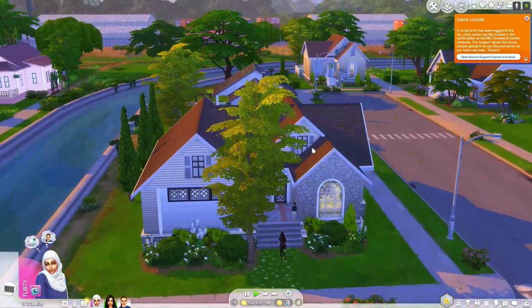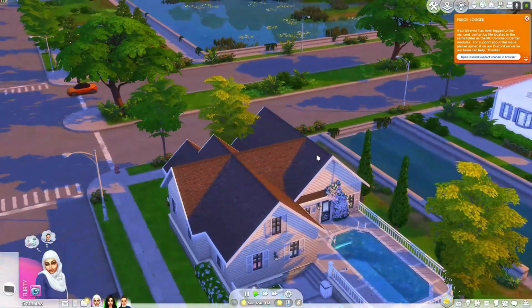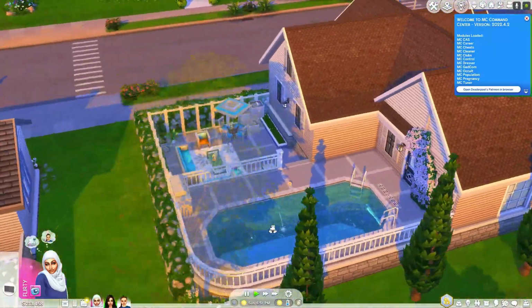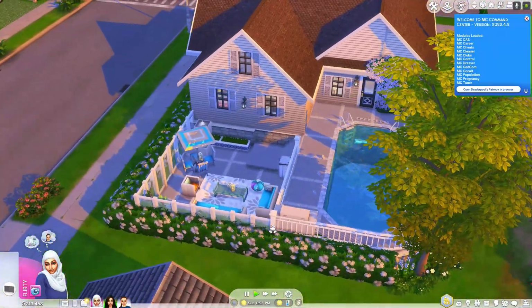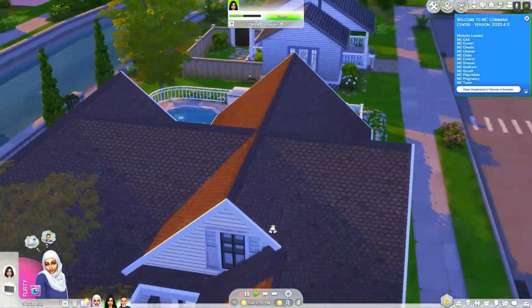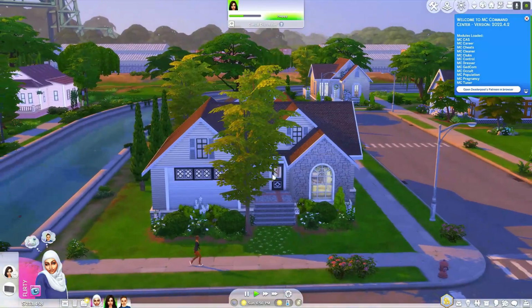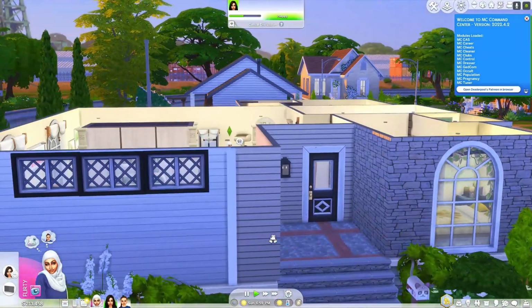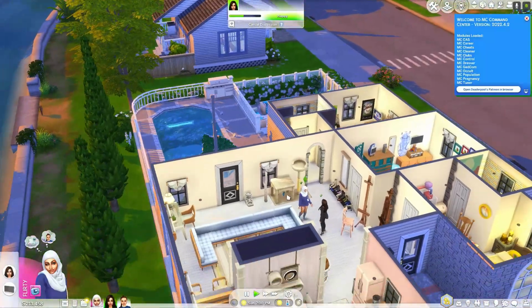So this is their house. It's a pretty nice house. I'm also making a no CC save file, but that one is going a little bit slower because I like making Sims with no CC, but it's not my favorite. So yeah,